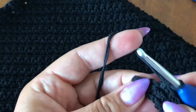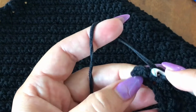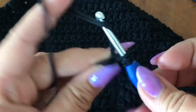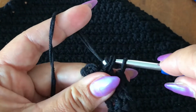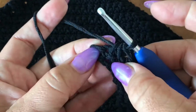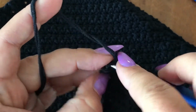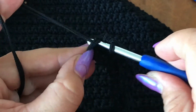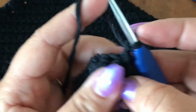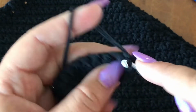Okay, so now we are going to decrease again, pull through, go to the next stitch, pull through, yarn over, pull through 3. Now you've decreased, and this here is going to be your last stitch. Make 1 single crochet, and now the next row, chain 1, flip your work, make 1 single crochet in your very first stitch,